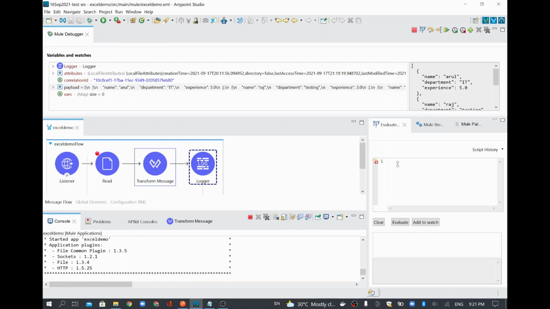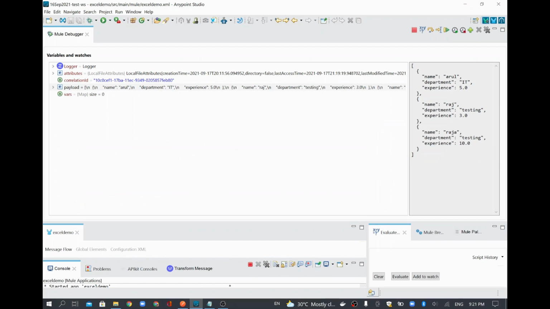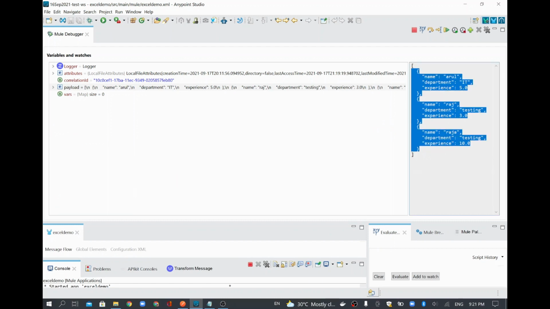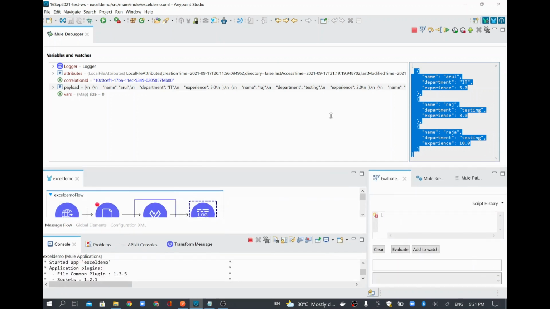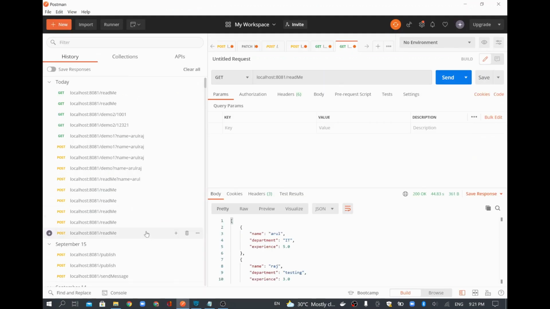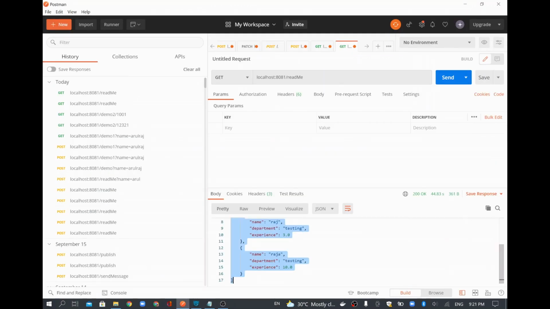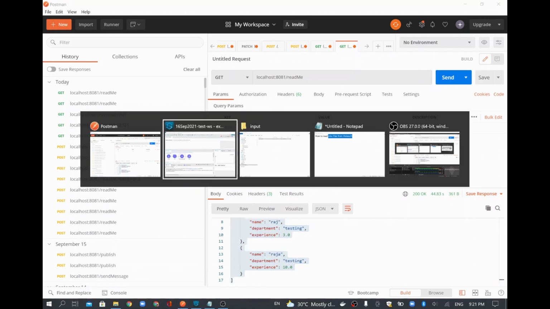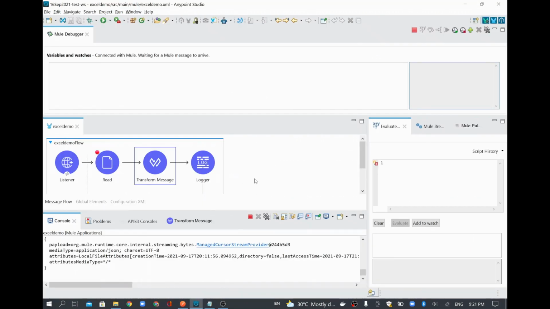So whatever we read from our Excel sheet is appearing here in JSON format with a list of objects. In the array, it's coming as a list of objects. Once you have this kind of data, you can convert it to Java, or you can map it to any other structure. So I'll just end this one so that you'll be able to see the final JSON in the output. So this way you can read the data from an Excel sheet using MuleSoft.